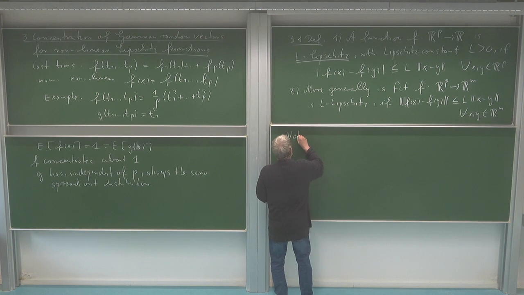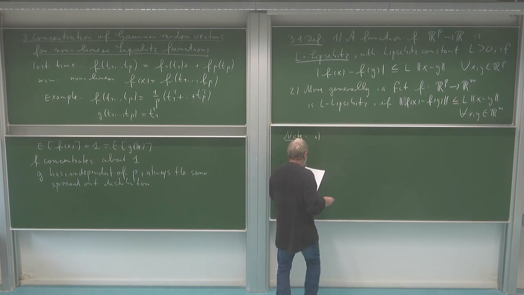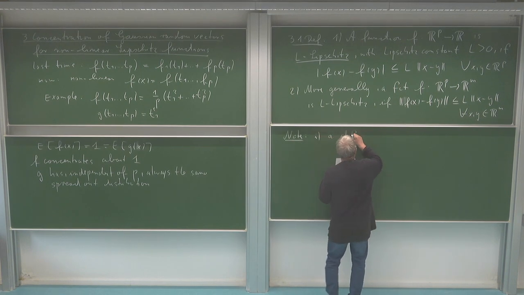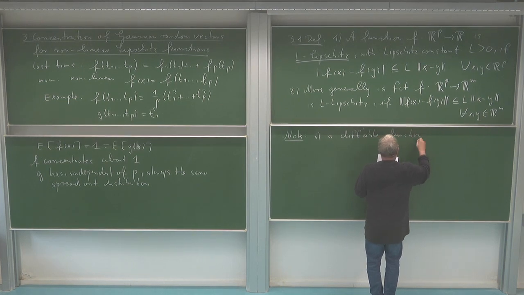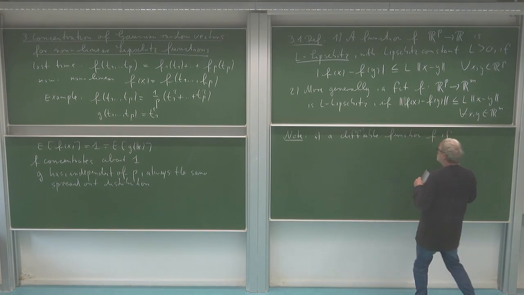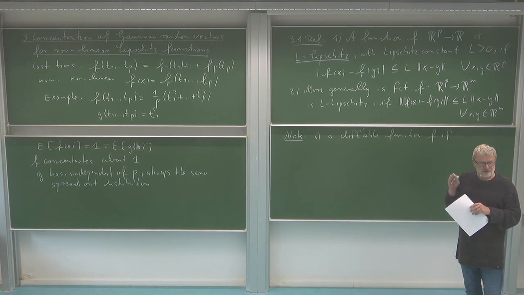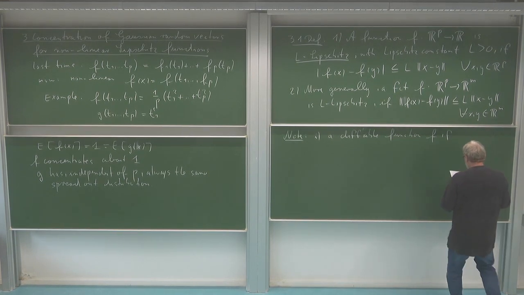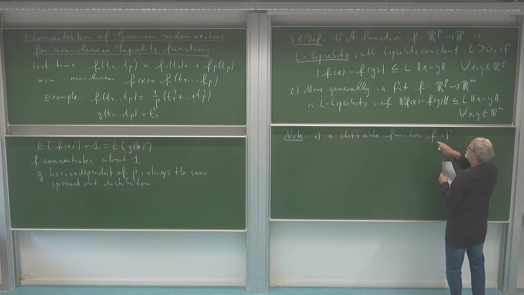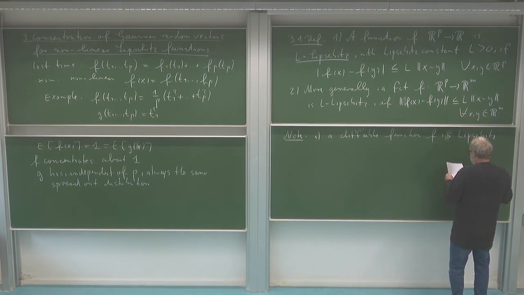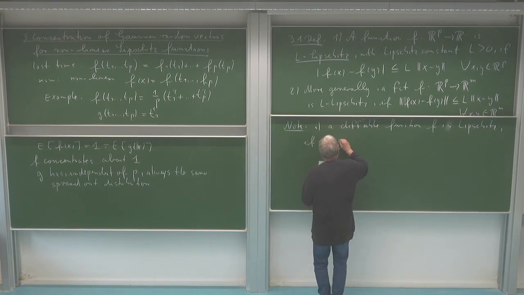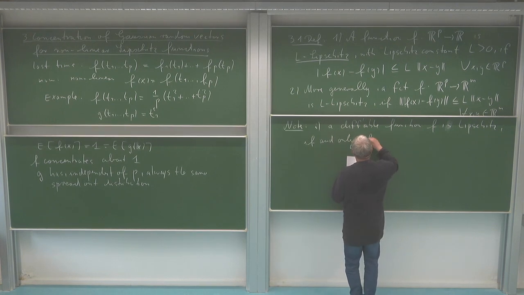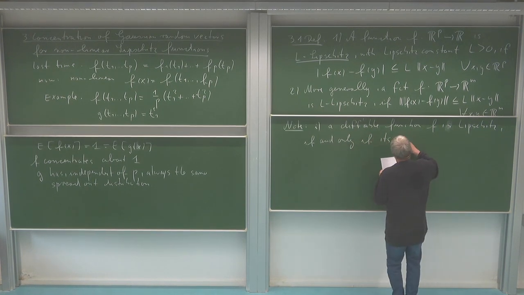But let me write this down as a remark. So a smooth or differentiable function f is Lipschitz if and only if its derivative is bounded by L. A differentiable function f is Lipschitz if and only if its gradient vector